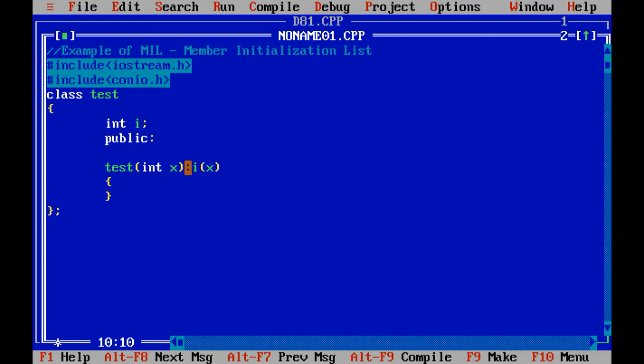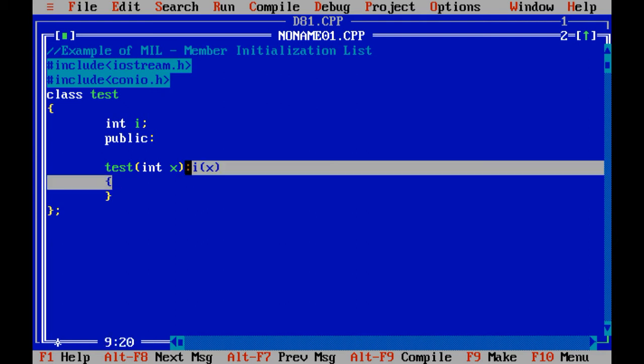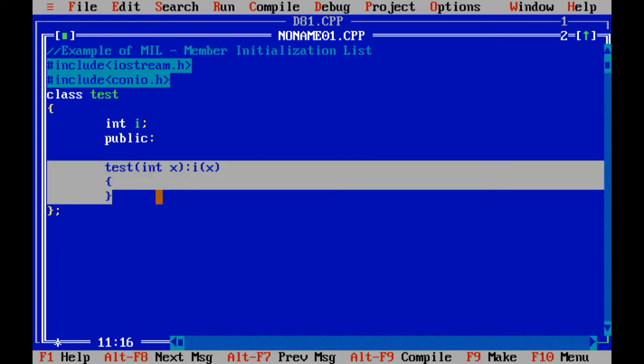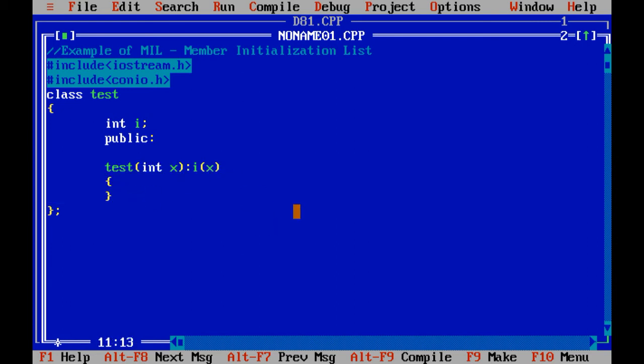In such cases you just need to apply a colon sign over here, then the name of the local variable of the class, in our case that is I, and then whatever variable we have declared inside the argument, you need to write in the brackets. So this is the syntax to declare MIL, that is member initialization list. Now we are going to declare a UDF to display the data.